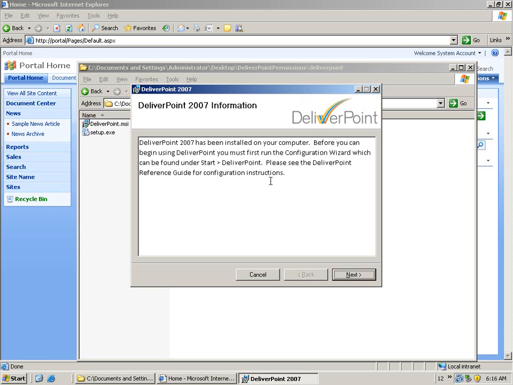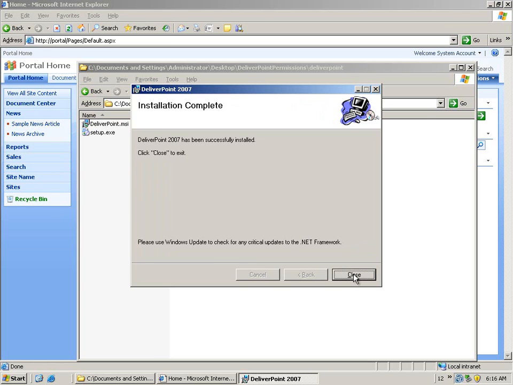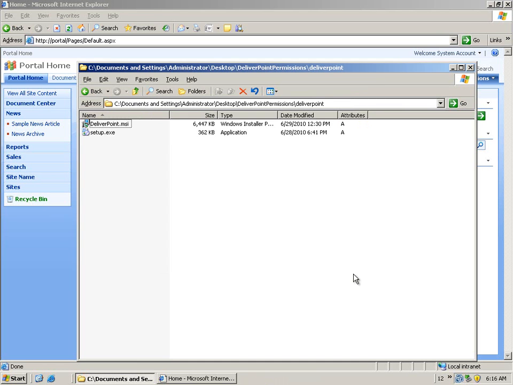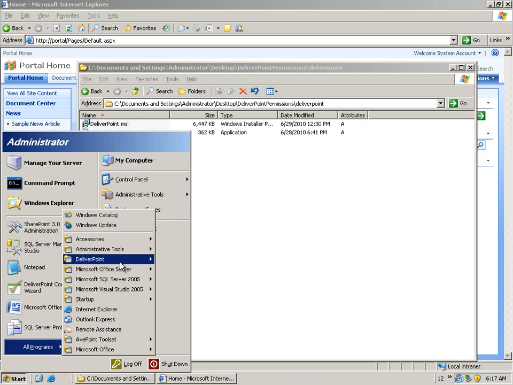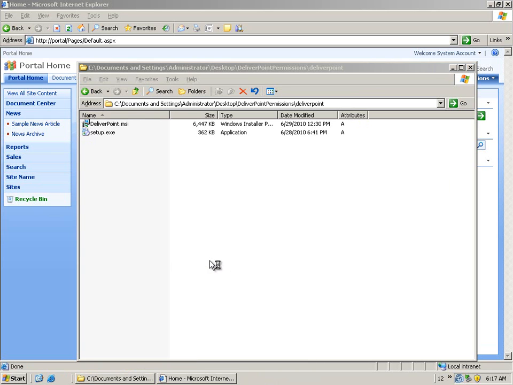So DeliverPoint 2007 has now been installed on the computer. We're not finished yet though. I'm going to choose Next and hit Close. That's installed all of the binaries. The next thing we need to do is run the configuration wizard. The configuration wizard is launched from the Start menu. You'll notice that under All Programs, DeliverPoint is the DeliverPoint configuration wizard. So we're going to select that,